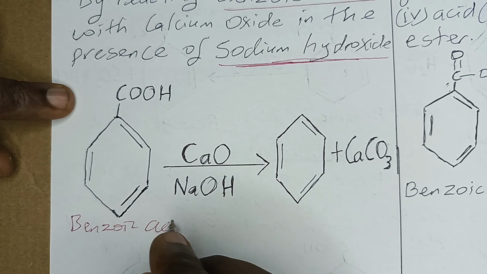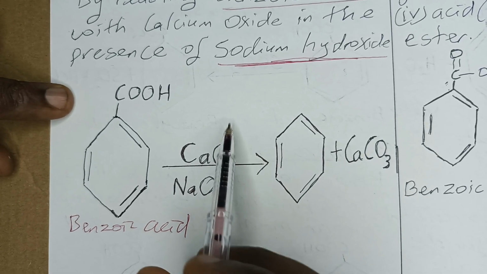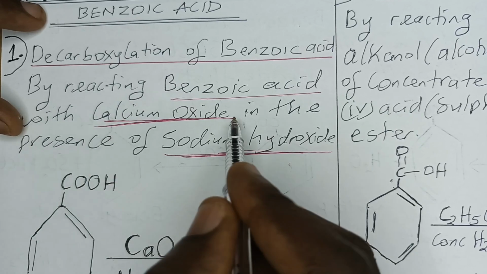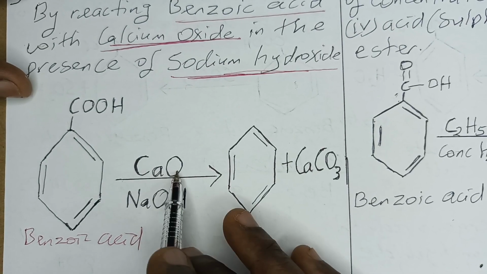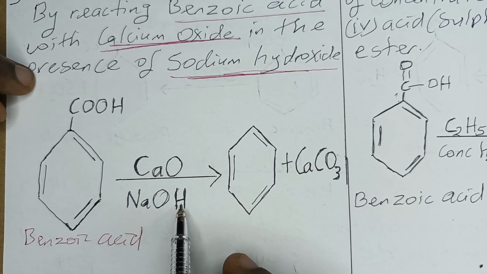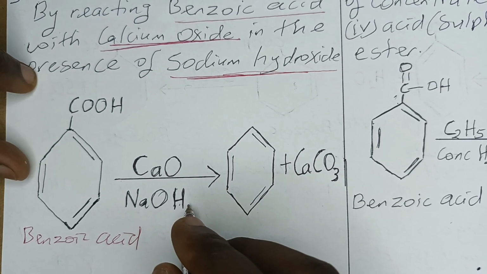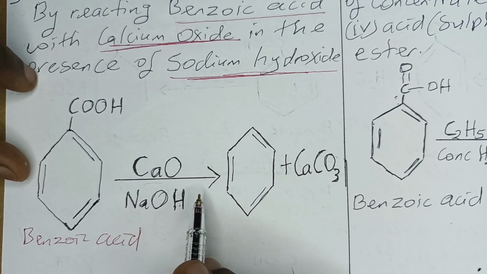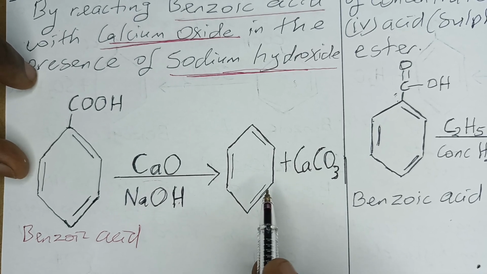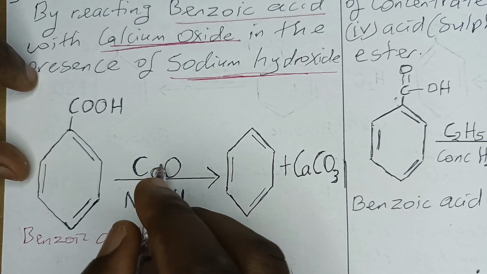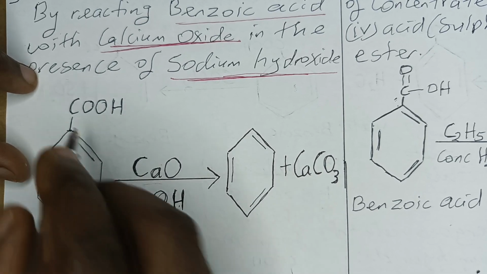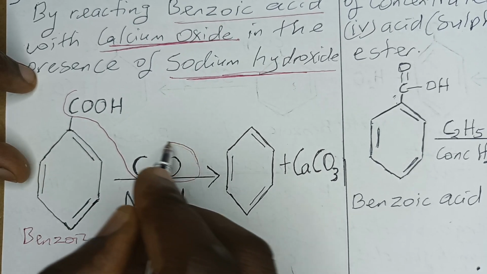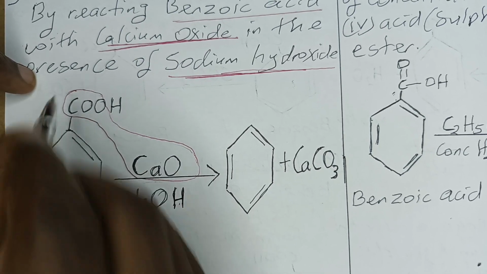by reacting benzoic acid with calcium oxide, this is the calcium oxide, in the presence of sodium hydroxide as a catalyst. And this will make the reaction basic so that it can occur easily. What happens? Now this attacks this,